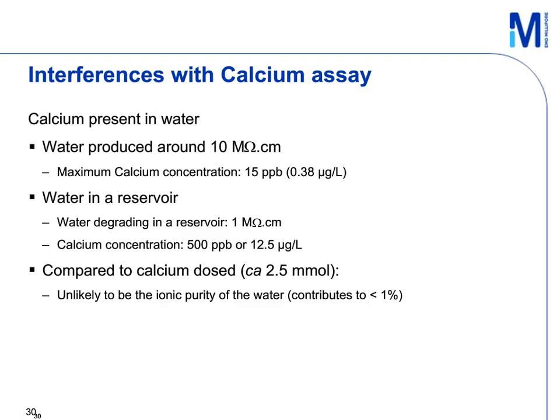And one would assume that calcium ions present in the pure water would be the source of the problems, but water with a resistivity of only 1 megaohm, or in other words, it's got practically no purity. The CLSI guidelines call for greater than 5 megohms or 15 megohms. So even water that's not even within spec of the CLSI guidelines